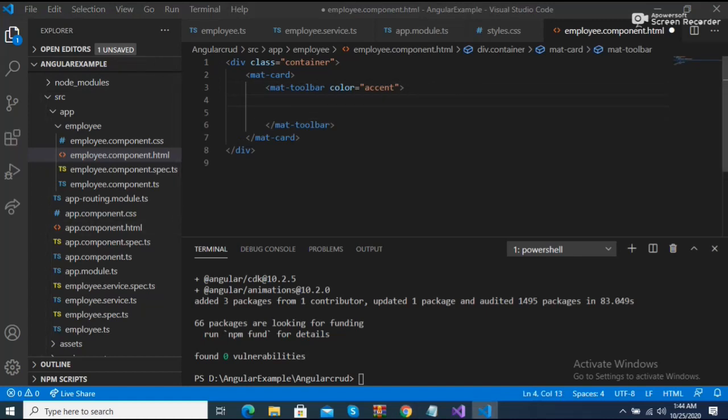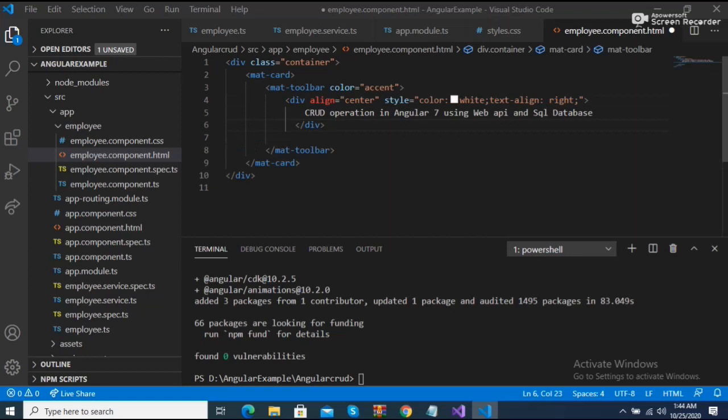I add a centered div with white style color and the text CRUD operation in Angular 9, Web API, in SQL database. This is the design layout, and we are working on that. I will share this code with you because it is long, so we need to add it here.